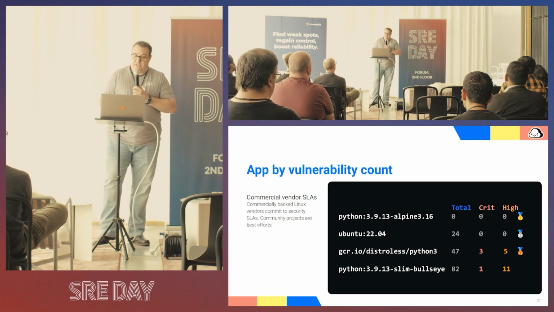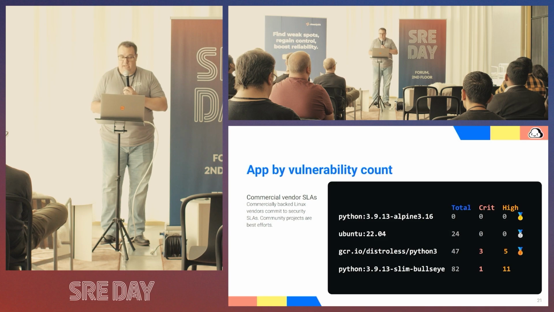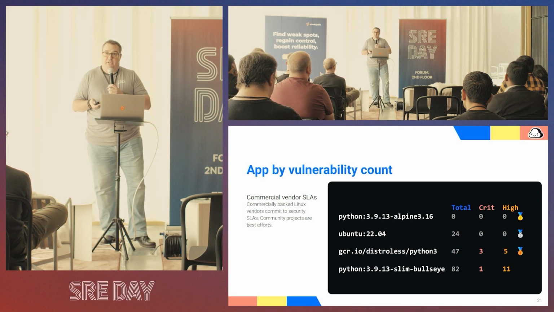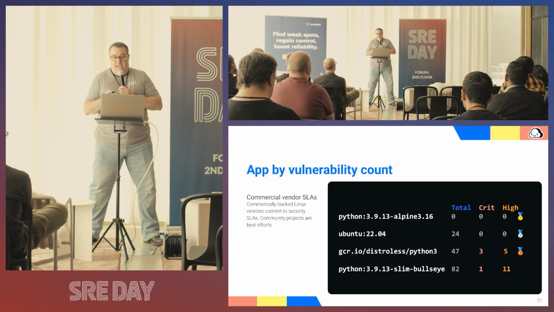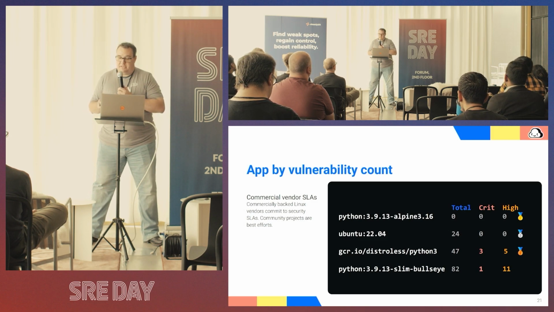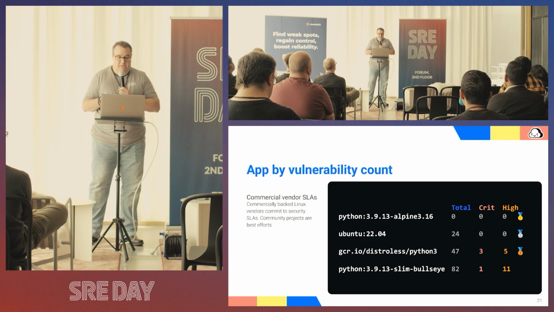Debian is a community-maintained project, and while many Debian contributors, including myself, do fix security issues in Debian, it simply cannot provide the same level of commitment to security as the commercially backed Linux distro vendors such as Canonical, Red